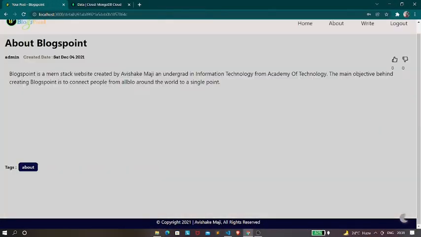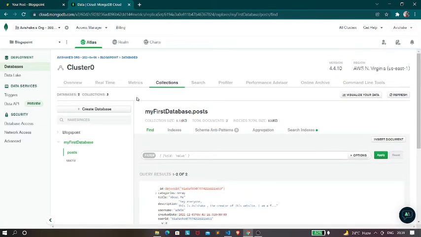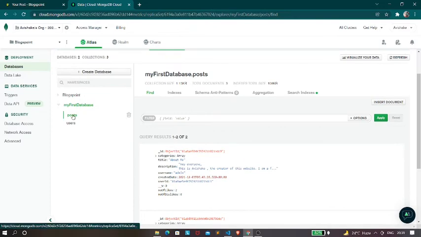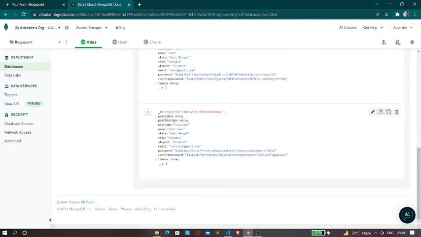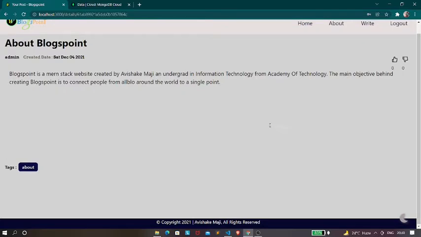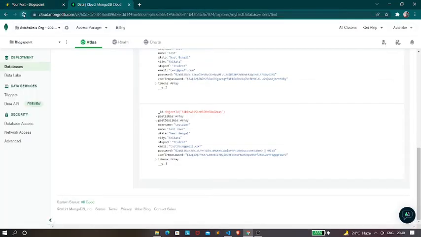If you click on this read more, then currently if you see the data in the database, in the user section we have this test user, right? And there is a field known as post likes, and there is another one, post dislikes, right? Currently you can see that both of them are empty. Now let's say that I like a post, okay? So let's say that I like this post. What will happen if I refresh this?